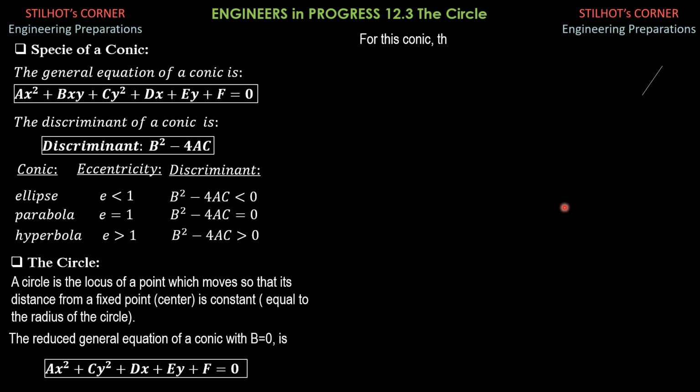So based on the definition, the axes are parallel to the coordinate axes, or the axes are translated. But for a circle, we have here the coordinate axes, the plane, 2D first,